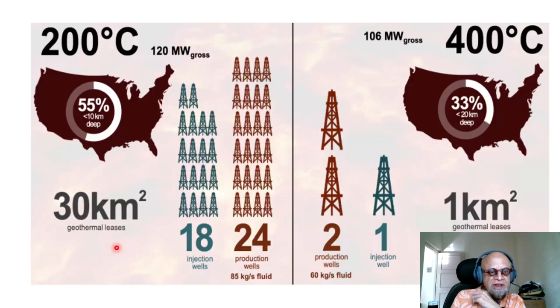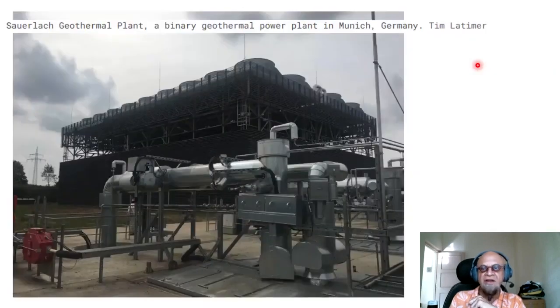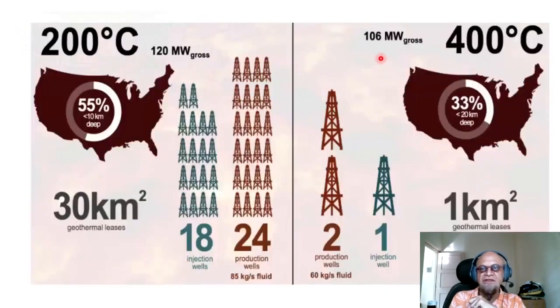So the geothermal leases of 30 kilometers square, you can read up on the details. So those are 18 injection wells, and production wells are 24, so you are getting about 85 kilogram per second of fluid. Whereas if you got into the supercritical temperature range of 400 degrees C, we talked about 371 in that infographic before, so you have 106 megawatt gross, and you have just 2 production wells at 60 kilogram per second fluid, and you have 1 injection well with 1 square kilometer geothermal leases. So that's 33% less than 20